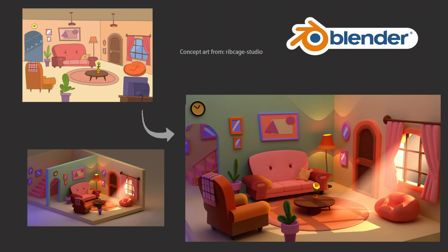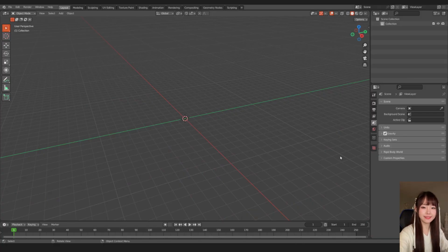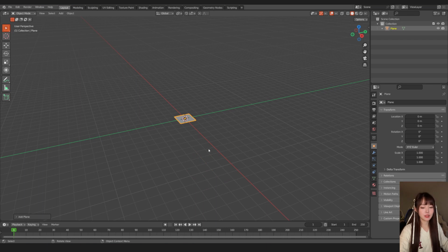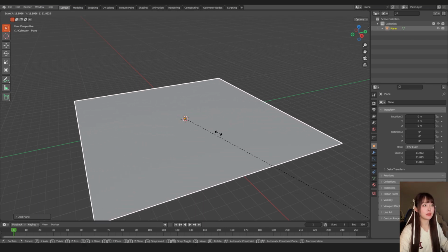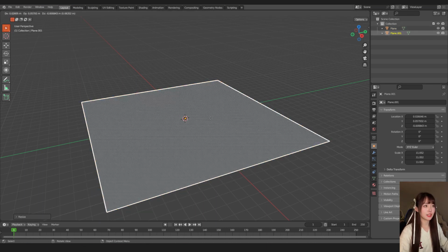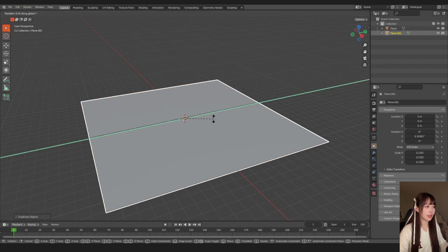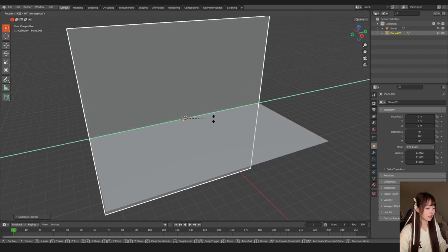So I got a very cute concept art, which is the cute living room. Let's get started. I'm going to create the base of the room. I'm going to start with the plane and scale it up, duplicate it, Shift D, then right click, rotate it 90 degrees, so R, I believe it's Y, and 90,